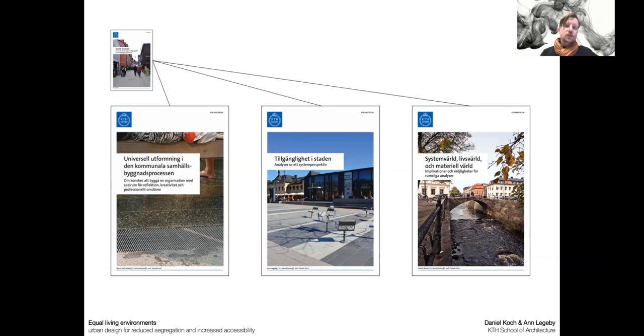So we worked, in addition to what we're going to talk about today, there was a big package that concerned governance and policy, and how you would lead work with universal design within municipal organizations and so on, which then also, of course, touched on how would you work with this in terms of spatial analysis, statistics, but also in terms of what competences do you allow to take place and how do you work with them? And how do you make sure that people are enabled to work with this? And how do you ensure that competences are acknowledged and can grow and so